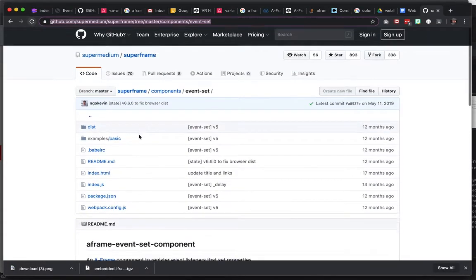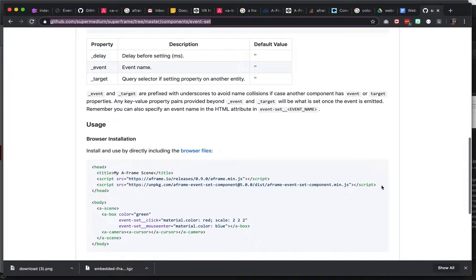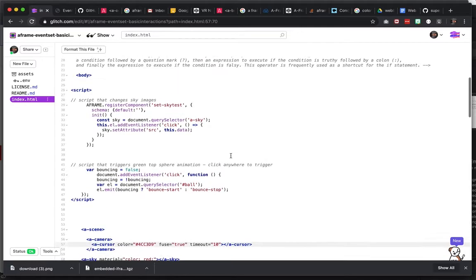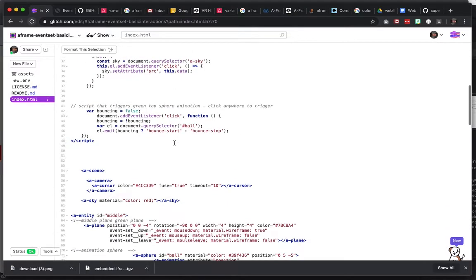So this script tag is linked. Here's a script tag for this component. It's linked at the top of this document, so that's step 1. All right, so the event set component. So let's take a look at